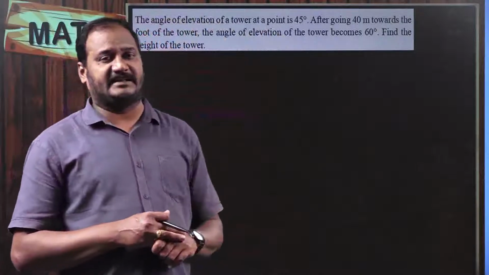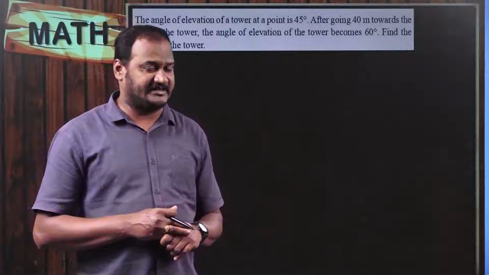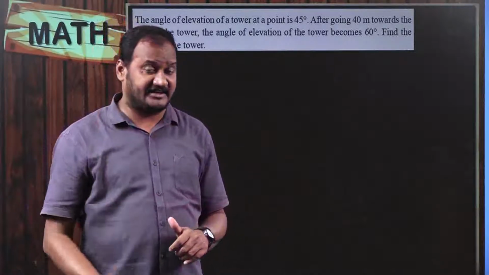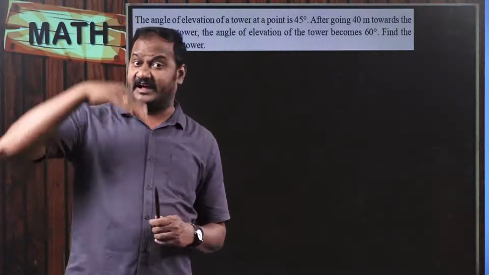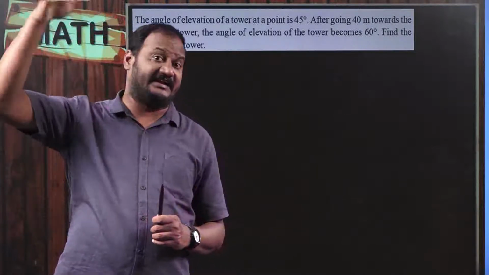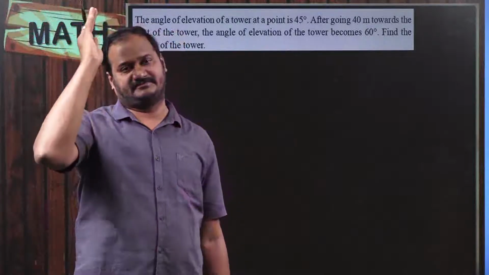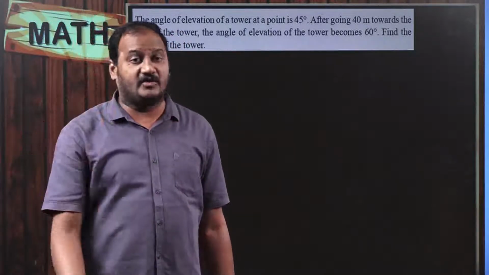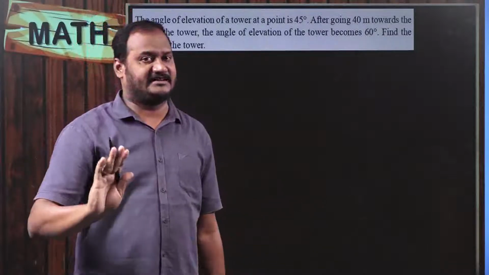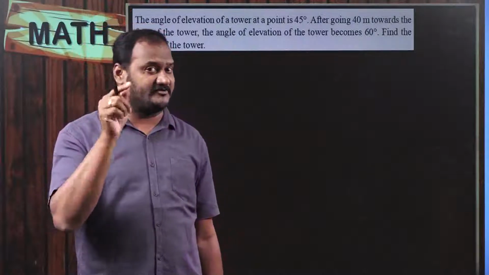See, in this topic particularly, we represent the height of objects, like the height of a telephone tower, or the height of a building, or the height of a mountain, or the height at which the aeroplane is flying, or the height at which the glider is flying. All these can be considered as a vertical line, and the vertical line is always perpendicular to the horizontal base, right? That is the very first thing everybody has to identify, observe and remember.